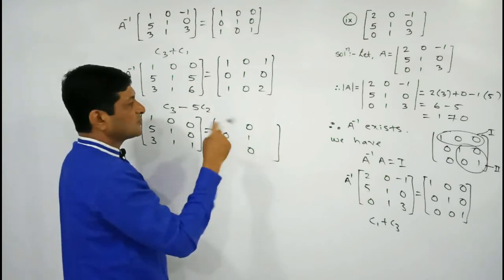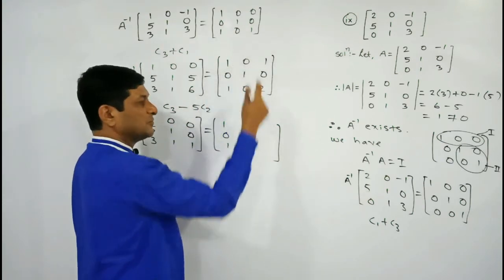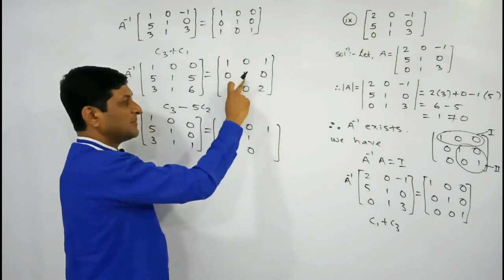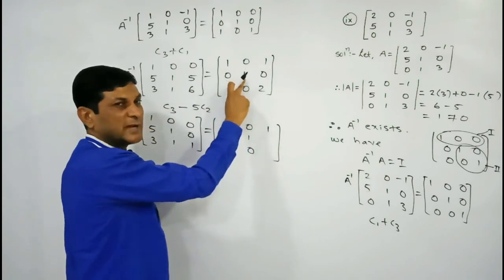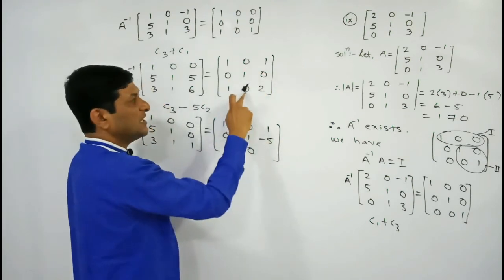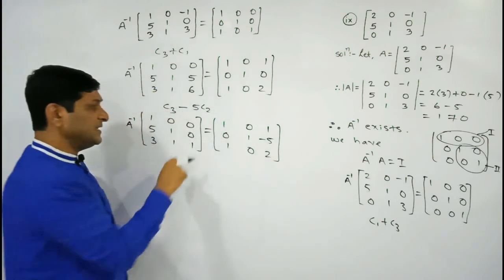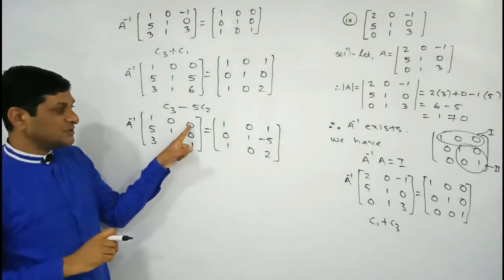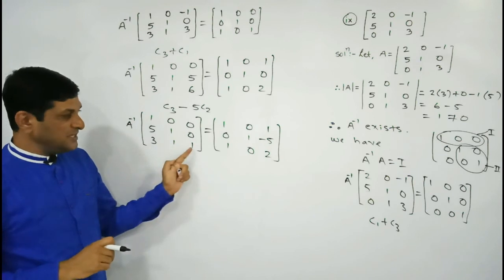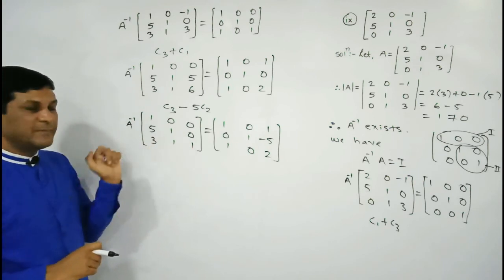Now on this side also perform the same operation, multiply C2 by minus 5. 0 है तो यहाँ पे कुछ भी चेंज नहीं होगा. यहाँ पे अगर हमने minus 5 से मल्टीप्लाई किया, so 1 into minus 5 is minus 5. Minus 5 plus 0 is minus 5. Multiply here by minus 5, 0, 0 plus 2 is what? 2. In this way, here we have got 0, 0, 1. So with this 1, we are able to convert this element also into 0 and this element also into 0.